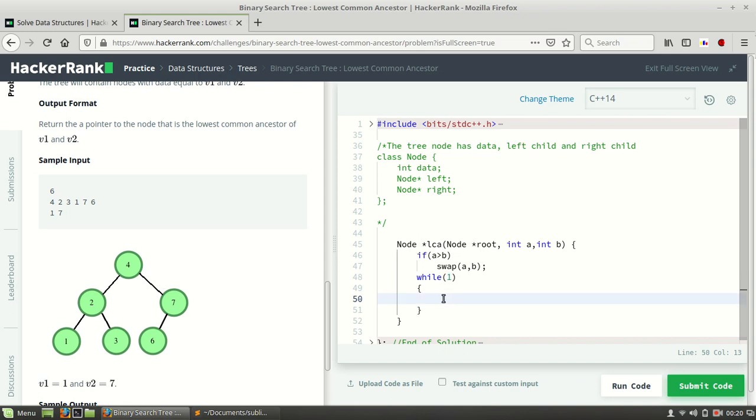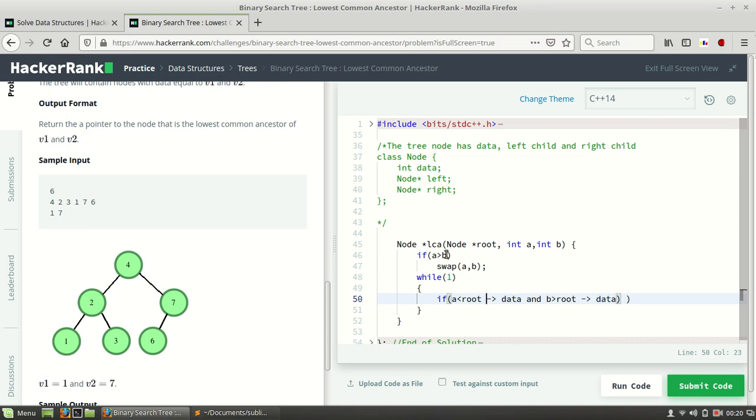What we will pass in that while loop is: if a is smaller than the root data, and b is greater than the root data. Okay, this will be one condition.